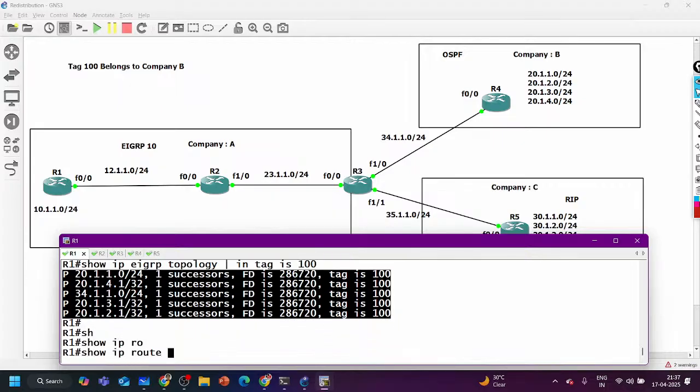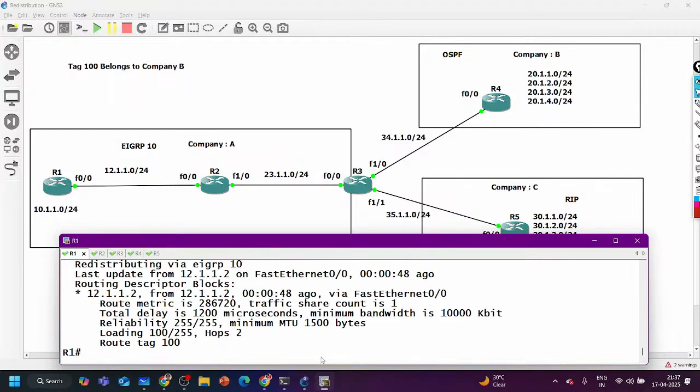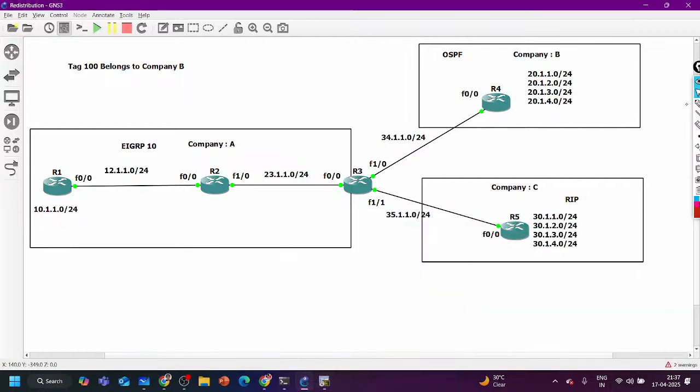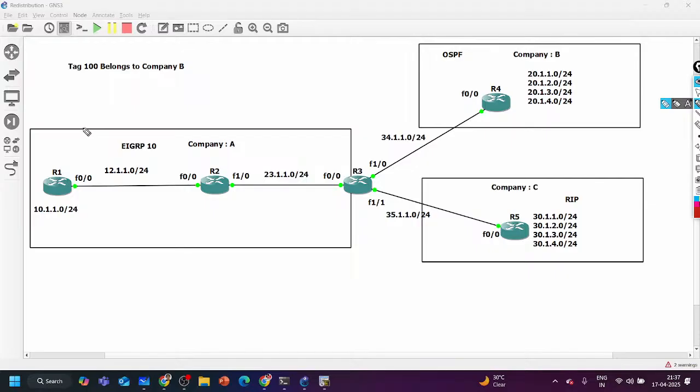So show IP route 20.1.1.0. Here also you can see the route tag is 100. And what is the benefit of this tag, guys? Policy. Now you will have a requirement to apply policy for all the traffic which is going to company B or coming from company B. Here in company A, I have some requirement, right?